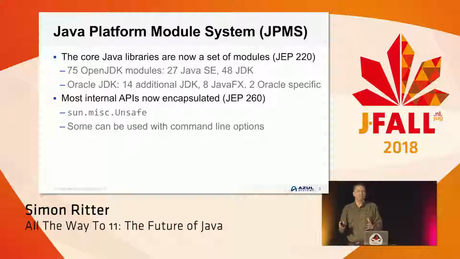There's a very good reason for that, because sun.misc.Unsafe gives you access to things which are very useful for writing frameworks and libraries. So the developers had to go back a bit and say, right, okay, we're not going to cut off access completely, but we'll give you some command line options, some flags, which you can use to gain access to specific things. So there are things like that that you need to consider when you're moving to JDK 9 or later.